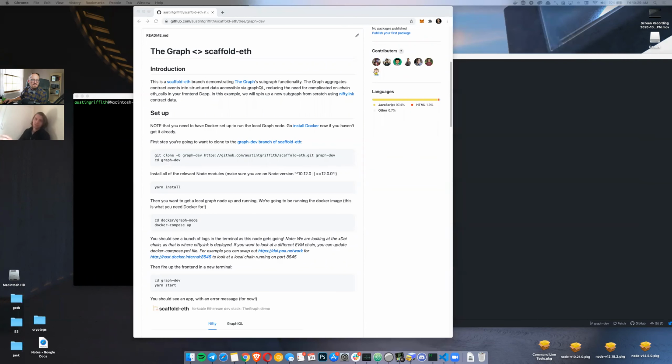The way the graph works is that we've obviously got the blockchain, whichever one we're interested in. So we're looking at XDAI here, and we've got an XDAI node that we'd look at, but the graph also runs on nodes. So graph nodes are sat there, and you create a subgraph, and it indexes the data that it sees coming off the relevant blockchain that you've pointed it at, and so we needed a graph node somewhere. You could go straight and deploy it, test it in production and go straight to the hosted version. We thought it'd be cool here to run on a local node,